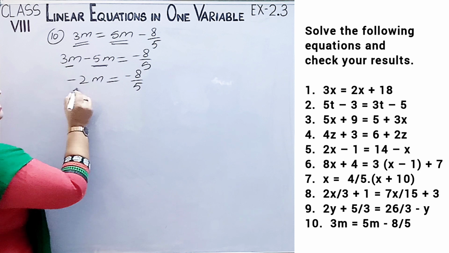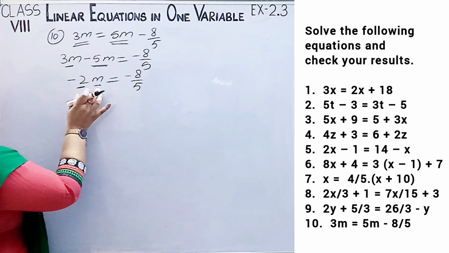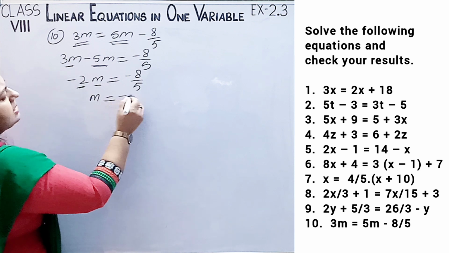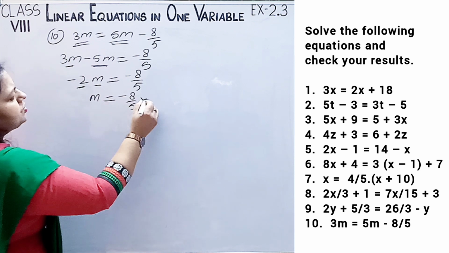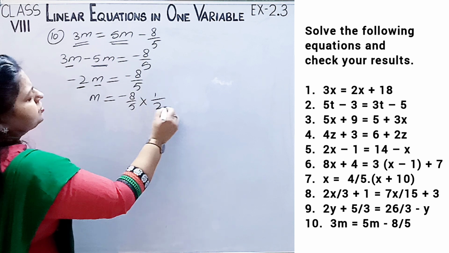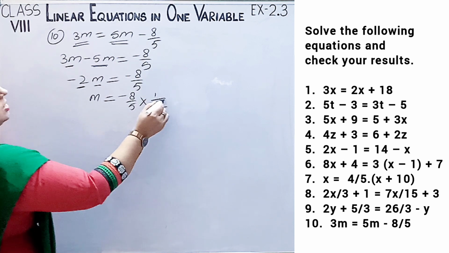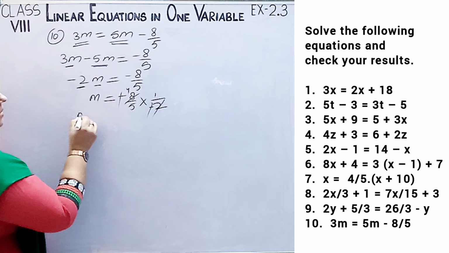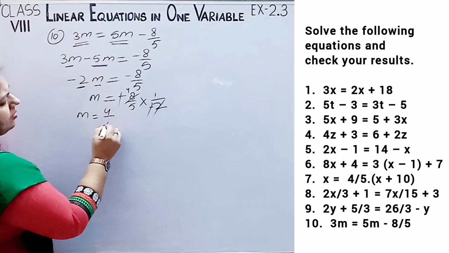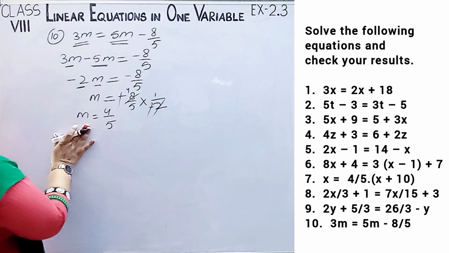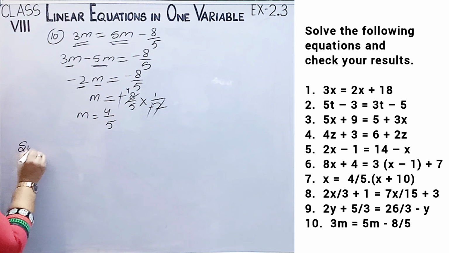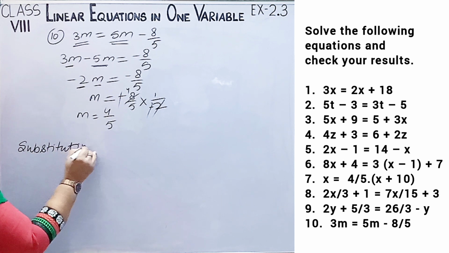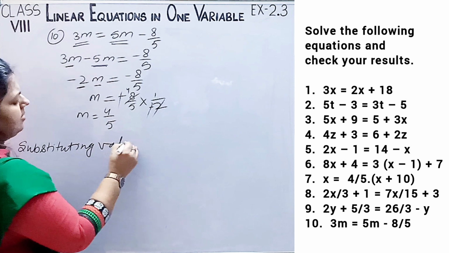Now separate this 2 from m because we have to find the value of m. So m equal to minus 8 upon 5 into 1 upon 2 with a minus sign. So minus minus cancel out. 2 4s are 8. So m equal to 4 upon 5. This is the value of m. Now the checking part. Substituting the value of m